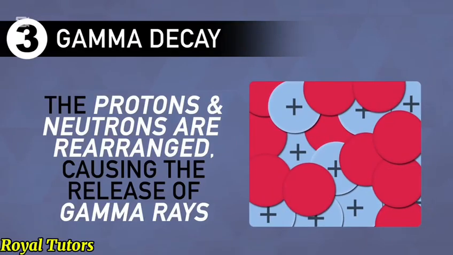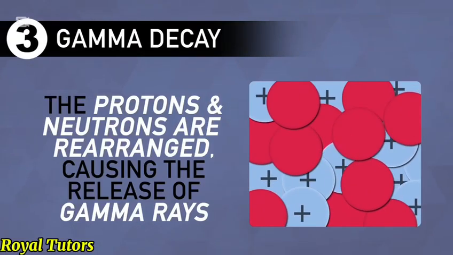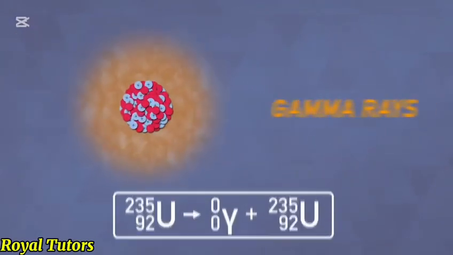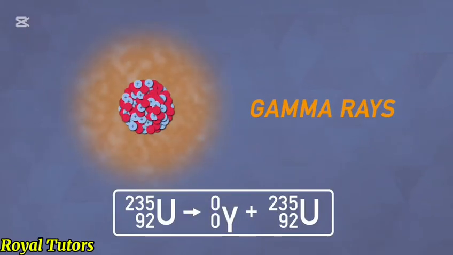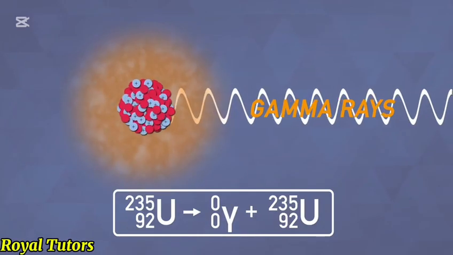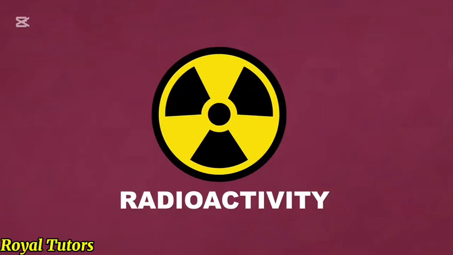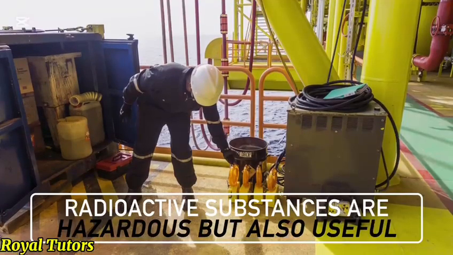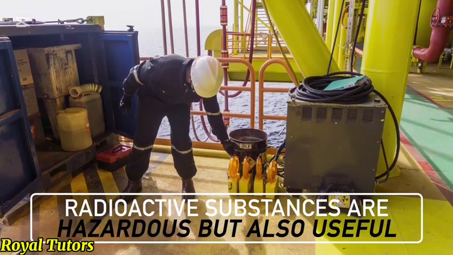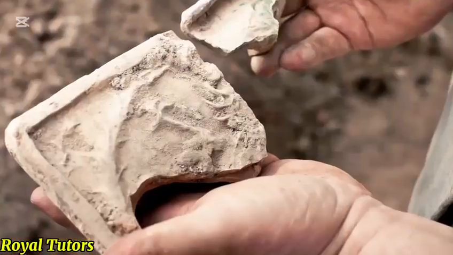Gamma decay is when protons and neutrons in the nucleus are rearranged to reduce the energy of an unstable atom. This rearrangement comes with a release of energy in the form of gamma rays. This time, since the number of protons in the nucleus stays the same, no new element is formed. These spontaneous changes in nuclei are known as radioactivity. While radioactive substances can be hazardous, in some cases, they can also be incredibly useful. They give us an accurate way to tell how old things are. They can be used to detect